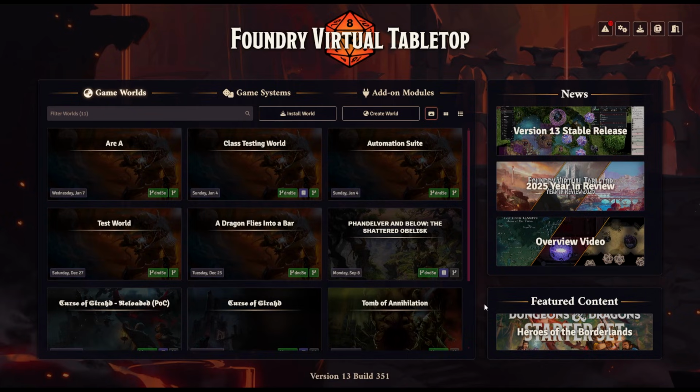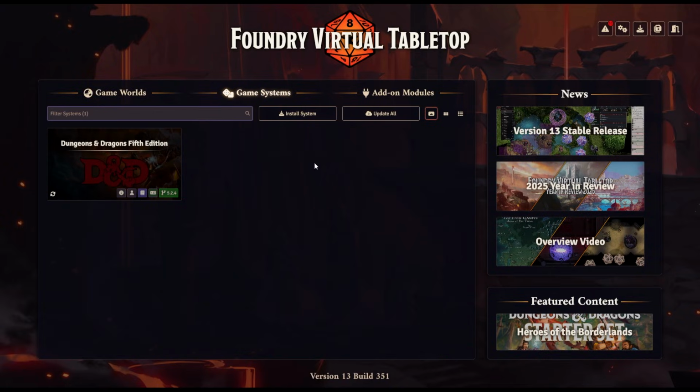First thing you're going to want to do once you boot up your Foundry is go over to Game Systems and install the latest version of Dungeons & Dragons 5th edition. As of recording, the current version is 5.2.4, and we do not have any backwards compatibility. There's no guarantee that the module is going to be compatible if you use an older version of 5e, but we are going to make a point of trying to make all future versions of D&D 5e compatible with any